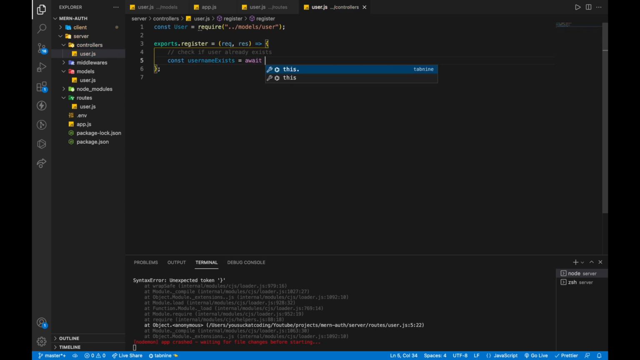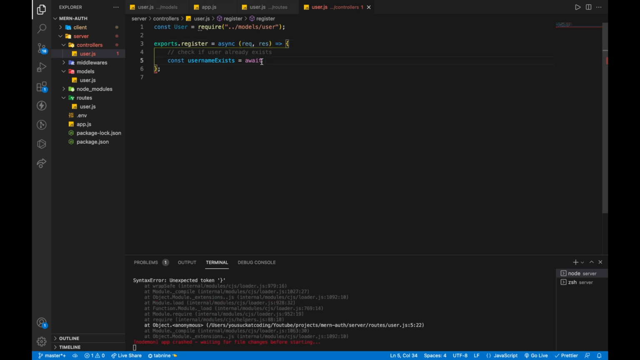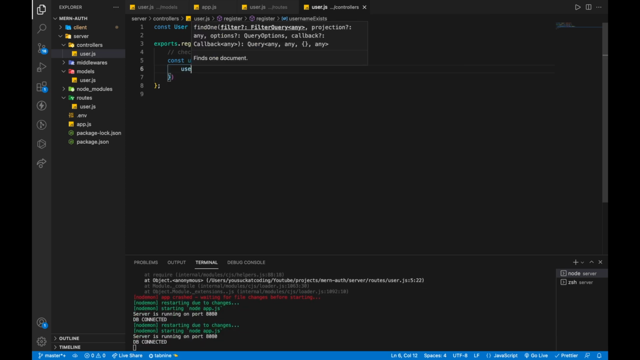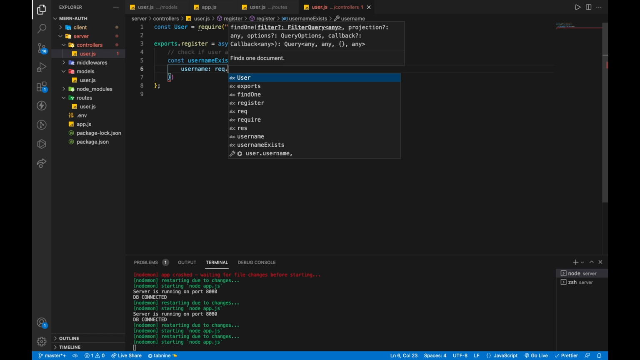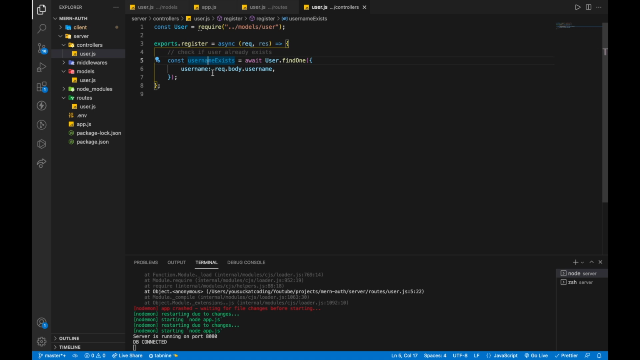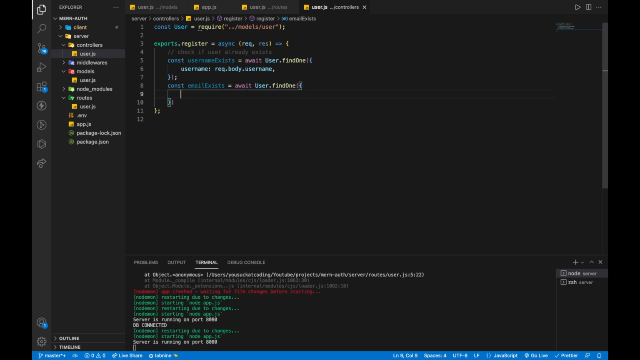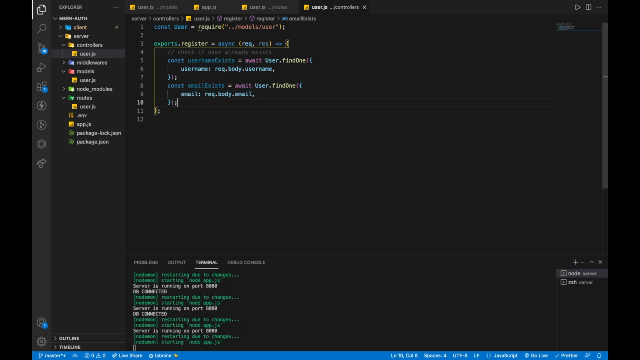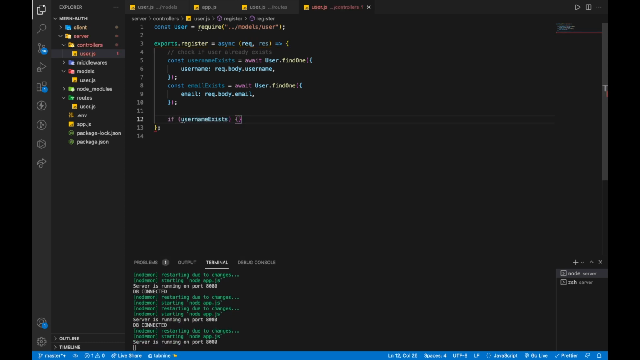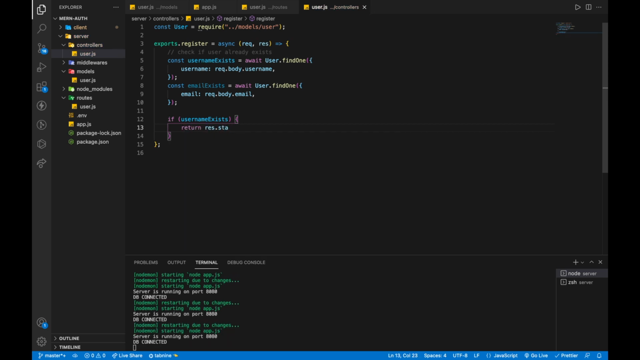So we check. We want this to be asynchronous, so let's add async await user.findOne. If the user is found using the username, which we can access from request.body.username, we'll have this usernameExists constant populated. Similarly, for the email, it will be populated, and now we'll check for these. So we'll say that if usernameExists is true, we'll return an error, response.status